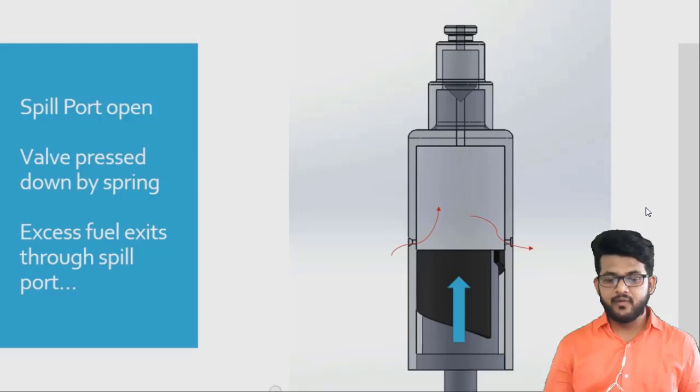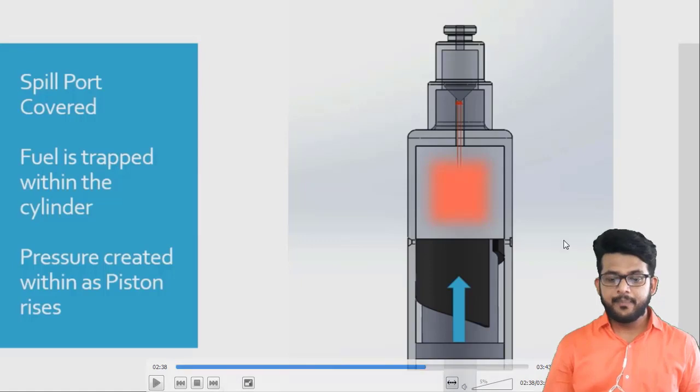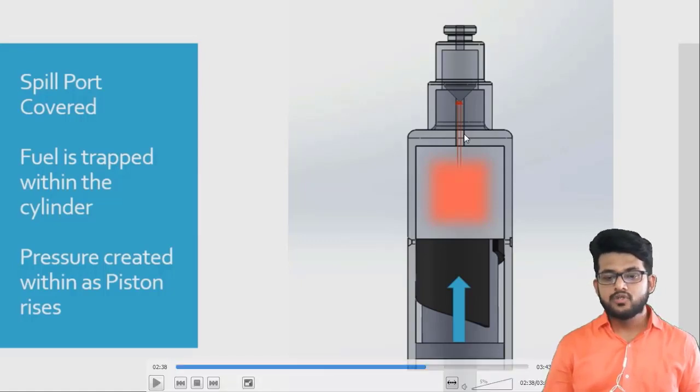You can see here how it is working. So extra pressure is now built here. Now see this condition of the piston. So what is happening? Now the piston has moved upside. So you can see both of the ports are now closed. It is just like the two-stroke engine. Fine. The port is closed by the piston. So both of the ports are closed. Now there is no way for the fuel to go outside from the spill port. So there is only one way, that it will go from the outlet.